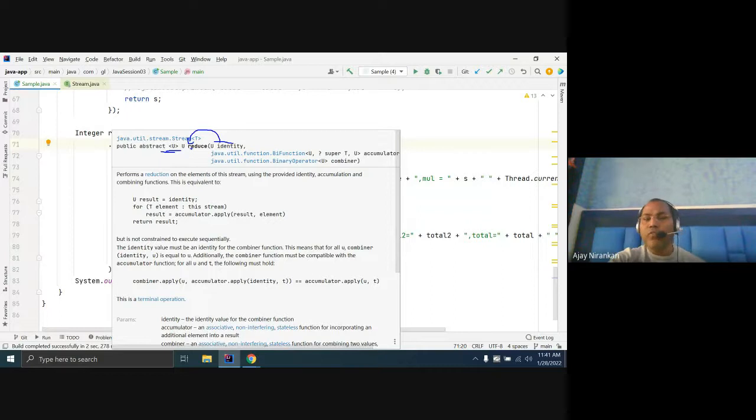So from reduce you can return an ArrayList, a Set, a Map, whatever you want. The return type is not restricted; it is not only Integer you can return.